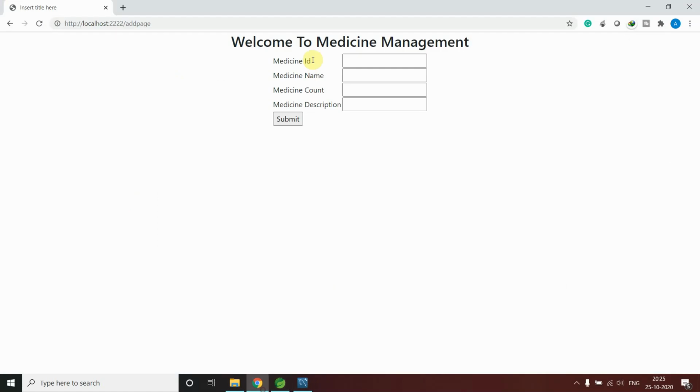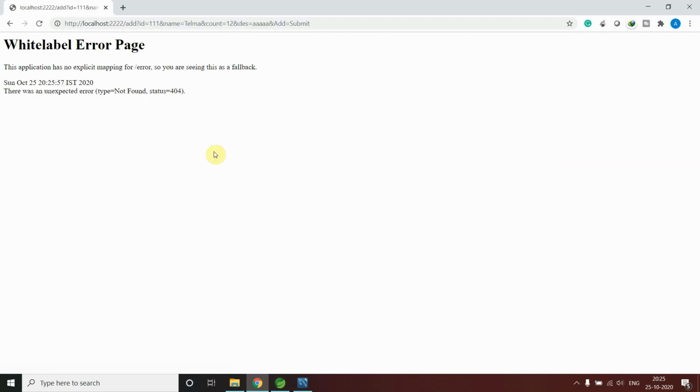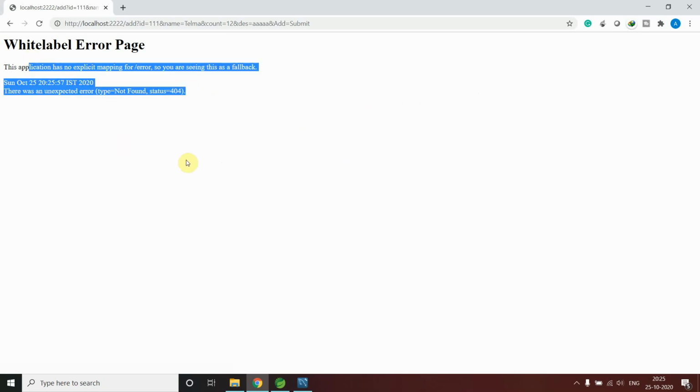So I can say search 111 and anything, not this medicine name. So I can say 12 and a description, something like this. Submit. Obviously we got an error because we did not handle this.